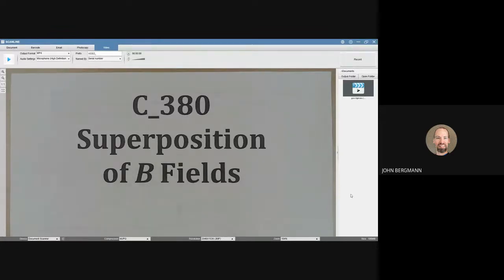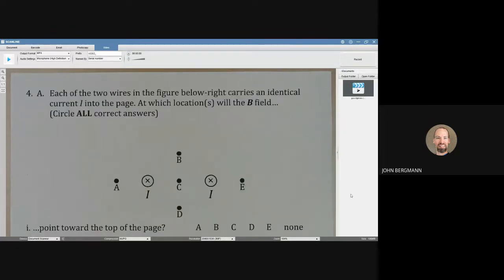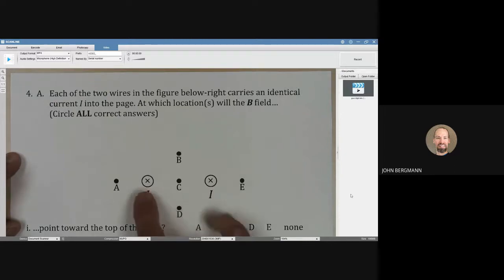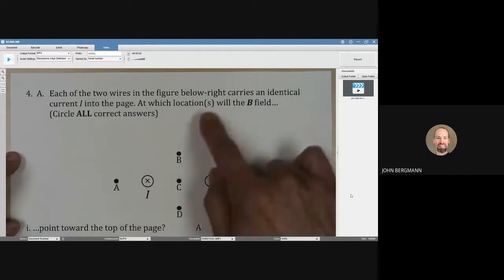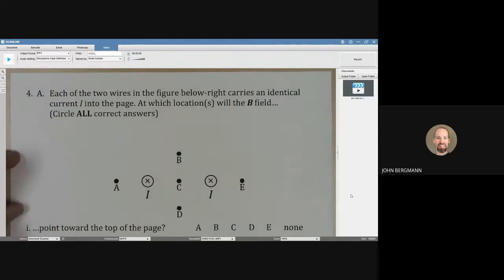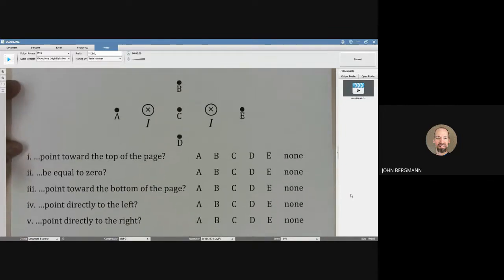Superposition of magnetic fields. Each of the two wires in the figure carries an identical current I into the page. So you can see the figure, and we've indicated that the current is into the page with the X's. At which location will the B field do all of these things? At each of these 5 points, which are just random points in space, the magnetic field there is going to